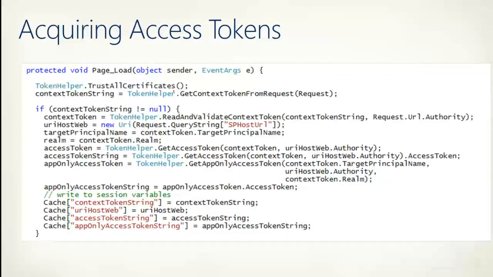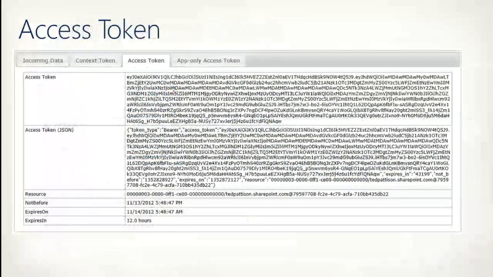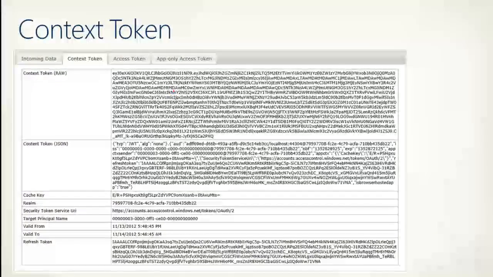Now, I'm not suggesting that the way I'm doing it is the best way for all scenarios. So I'm just going to add things inside the ASP.NET Cache object. You could use sessions. You could use cookies. You have to worry about passing sensitive information across. Let me go back a couple of slides and point out that in the context token, there is this special thing that they pass you, which is called the